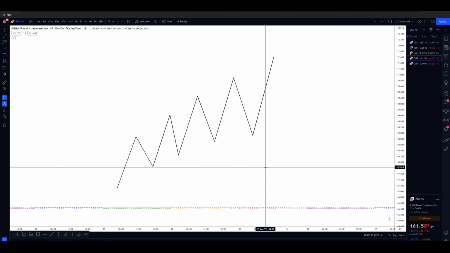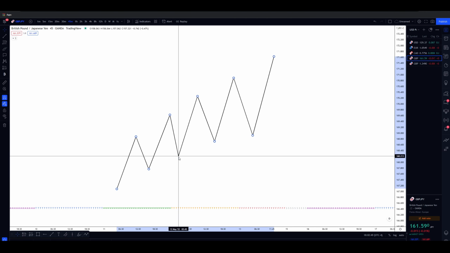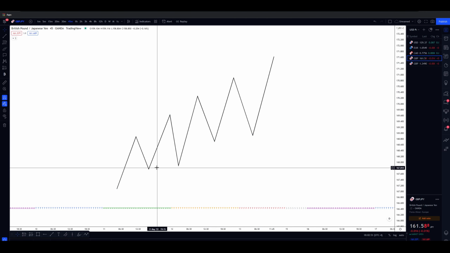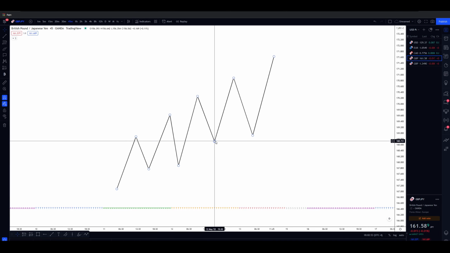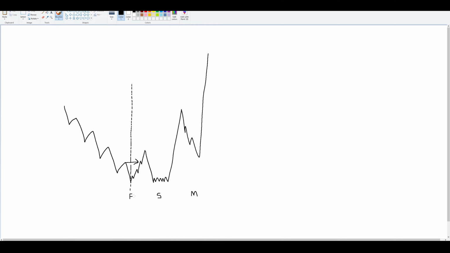So now that we've got a good understanding of what market structure is, how are we actually using this in the strategy, and when does it take place? As in, when are you using market structure? The key to understanding this strategy is going to be to look at how the market closes and how the market opens. And I'm going to explain this.